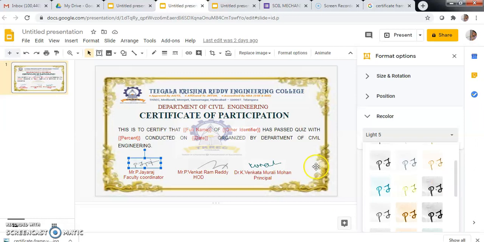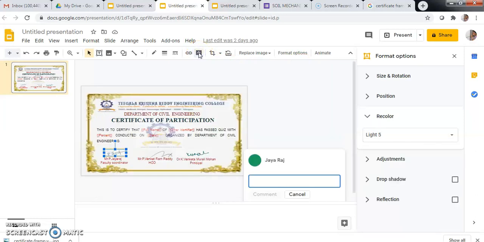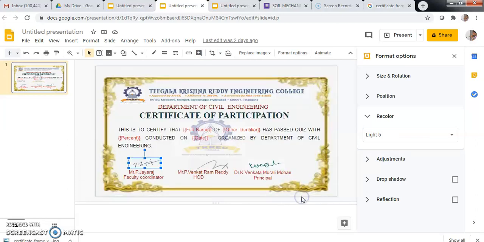And one more thing. See here, this is "certified that, full name". Why I am mentioning this full name in red color is for understanding purposes. Also, for example, in your spreadsheet is there, no? Click the plus symbol. Wait. If you want to see the spreadsheet, see the spreadsheet.